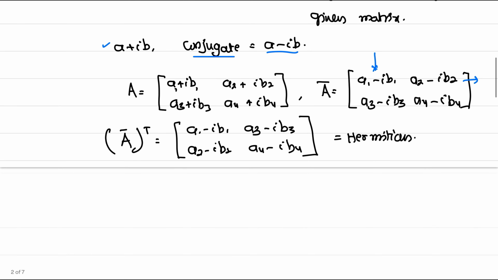Let us say P is a Hermitian matrix. P is equal to P conjugate transpose. P is a Hermitian matrix. And Q is a Hermitian matrix: Q is equal to Q conjugate transpose. Then what will be